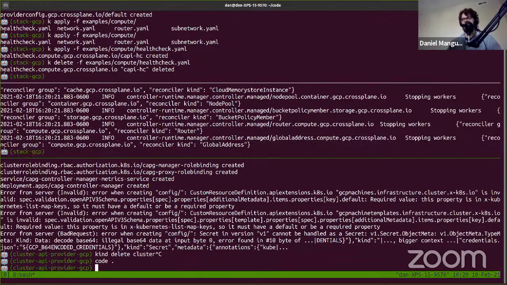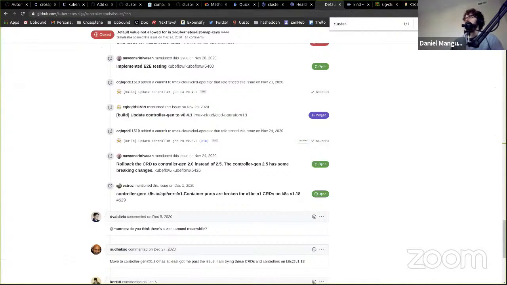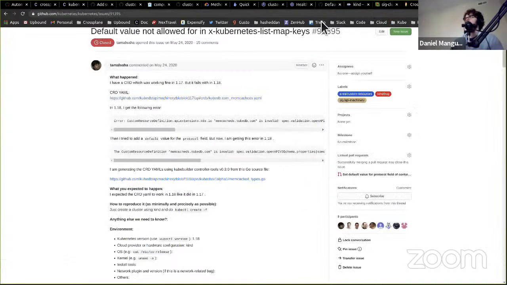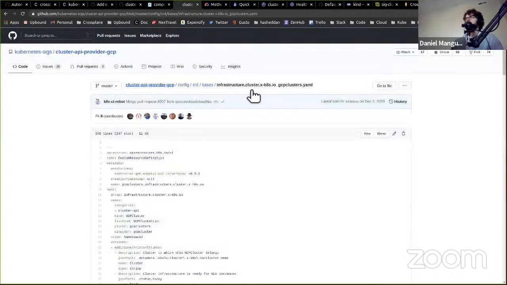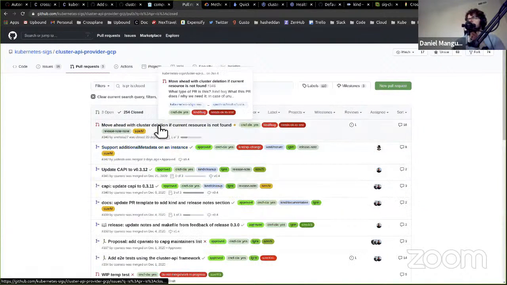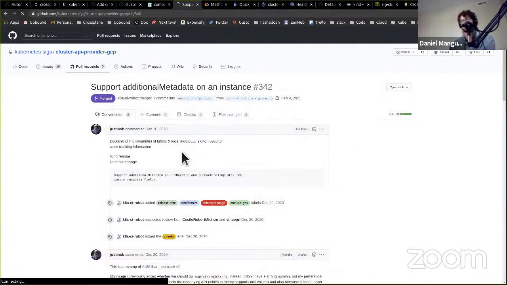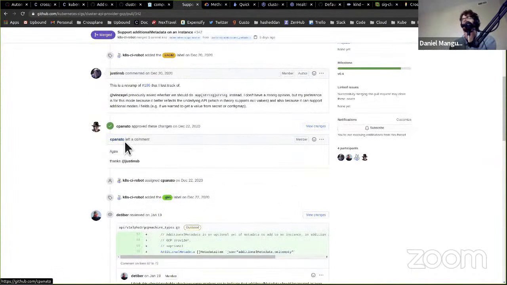And we'll also try the CAPI change. Maybe we can open up a fix as well, although it's probably controller tools. Let's look back at that PR that added the metadata type. Oh, I think I closed that out at this point. I don't think there's been that many PRs. Oh, there it was. So, support additional metadata. I wonder if Jason was in here and was saying,